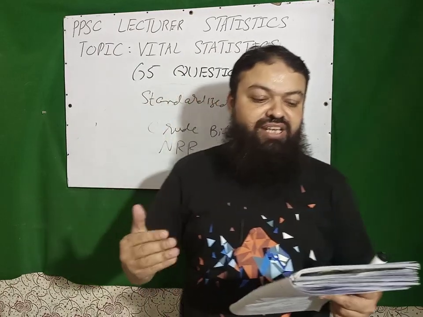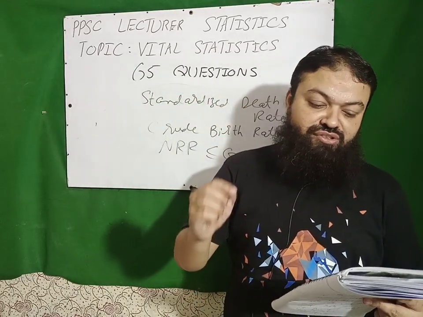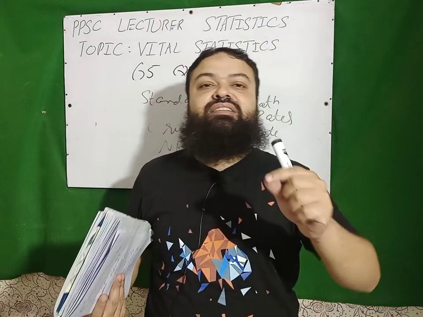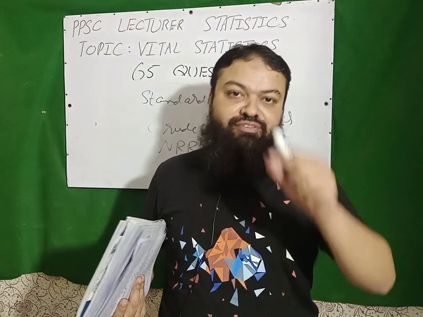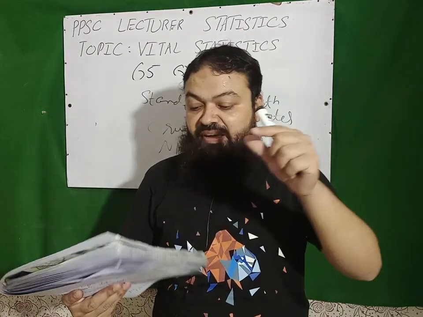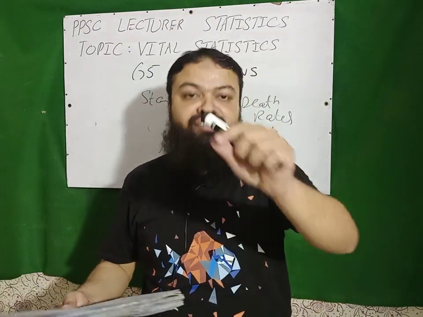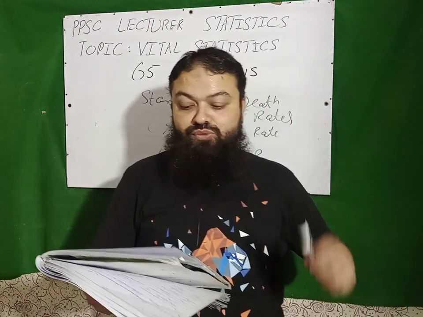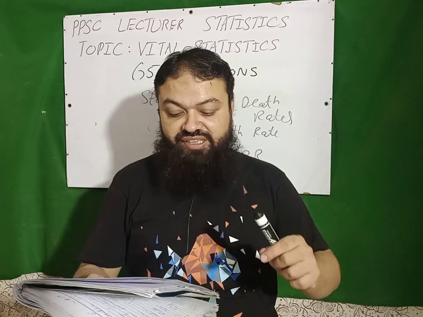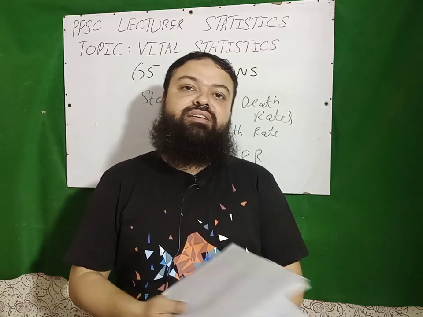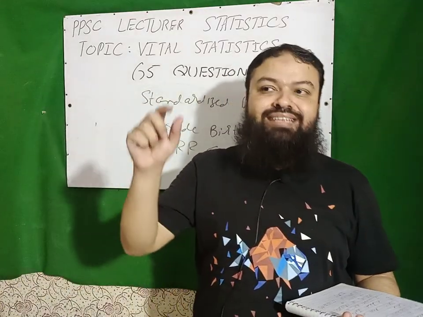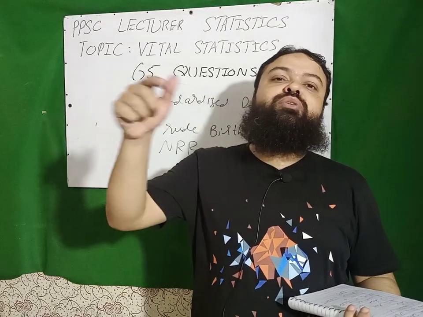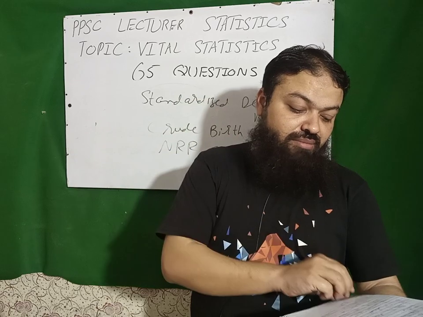Next, the death rate obtained for a segment of a population is called specific death rate. We are calculating the death rate for the specific thing. For a specific segment, it is called specific death rate for a particular segment. Next is the death rate of women due to delivery of children is known as maternal mortality rate. Whenever we are discussing the death rate of mothers, of the females, during the delivery, it is called maternal mortality rate.